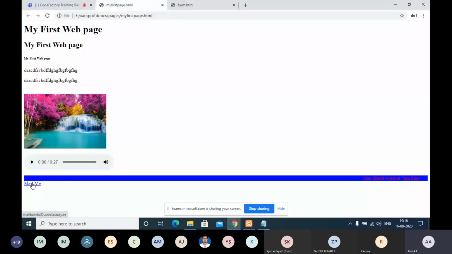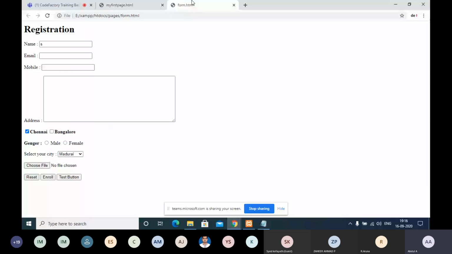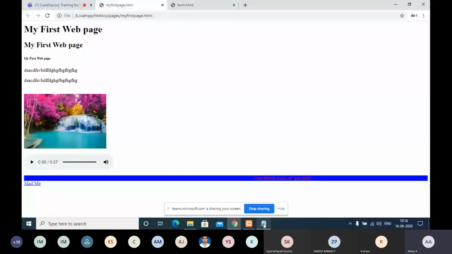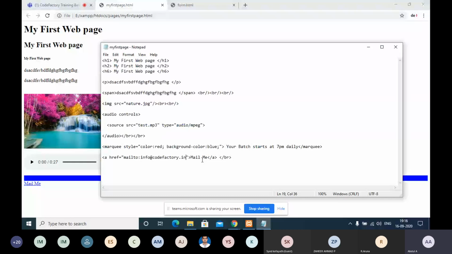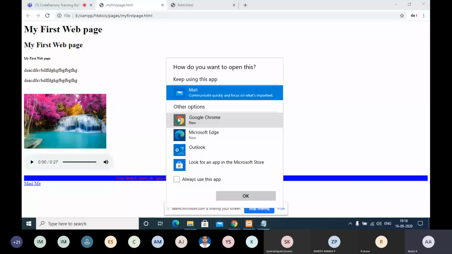In the URL, what we have given is mailto colon some email address. In many websites you may have seen this, contact us, mail us. Once you click on that, it will automatically open a window to mail in Outlook or whatever the default application we are using in the system. Let's click on this. It goes directly to the mail app. If I am using Outlook, it will take Outlook by default. That is the browser functionality.